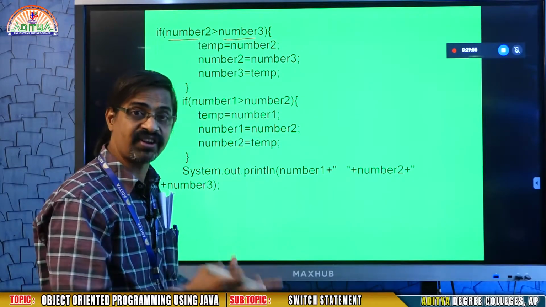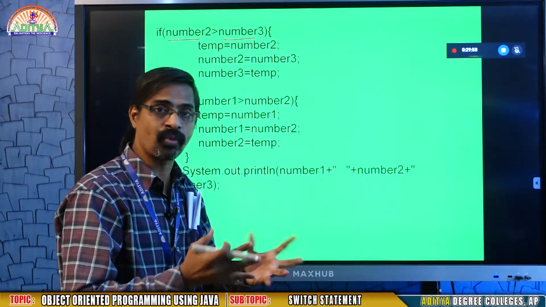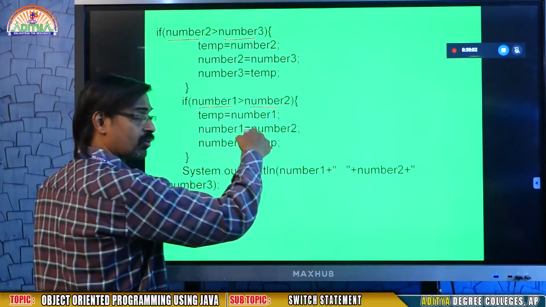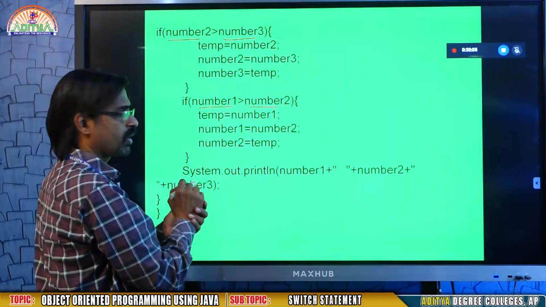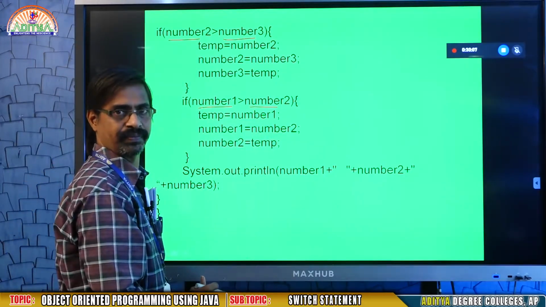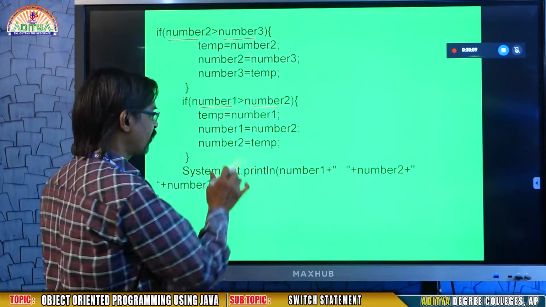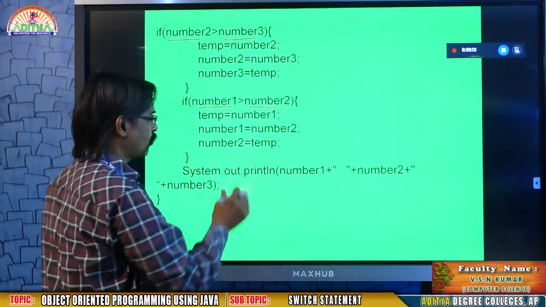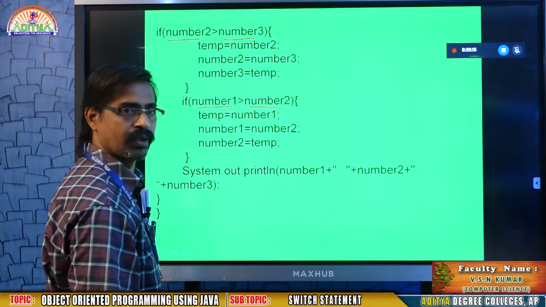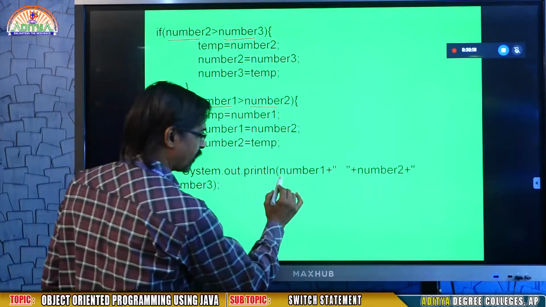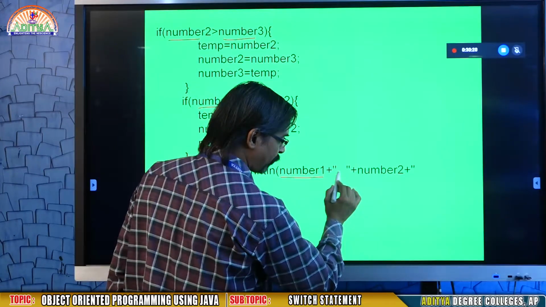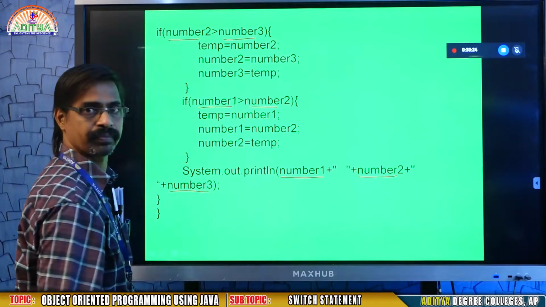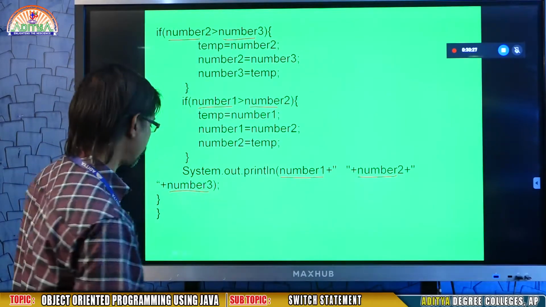But you should not fix it, because number 1 and number 2 may not be small or big, we don't know. So if number 1 is greater than number 2, you again rewrite the same block. Assume, in case yes, now the small goes to number 1, the greater goes to number 2. So again we stop. Finally, System.out.println number 1, some gap, number 2, observe how I gave this line, number 3. It will print on the screen, okay.